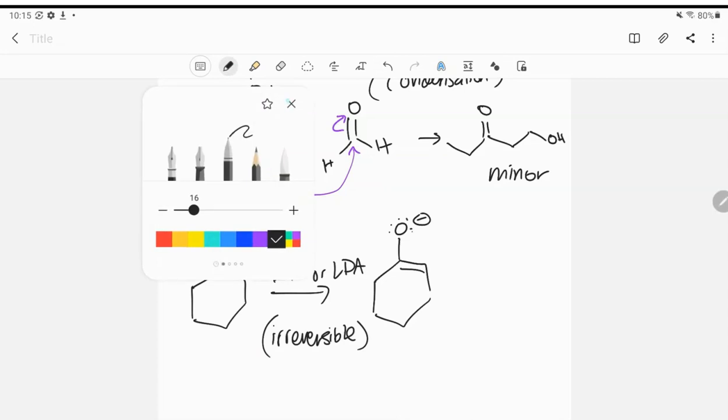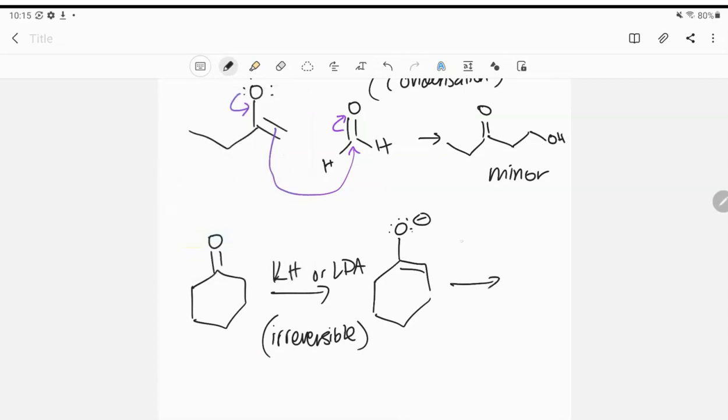And so now what you can do is put in your aldehyde of interest or ketone. I used an aldehyde in this case. And now we're directing it so that our nucleophile must be the cyclohexanone,